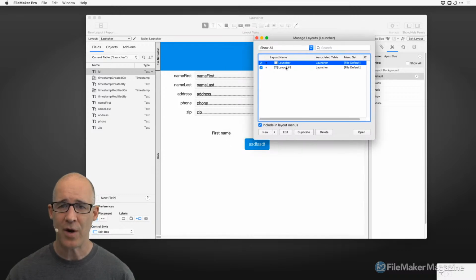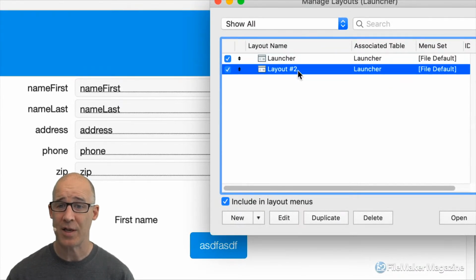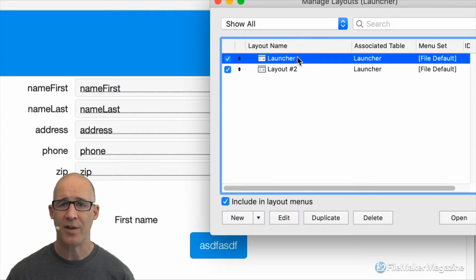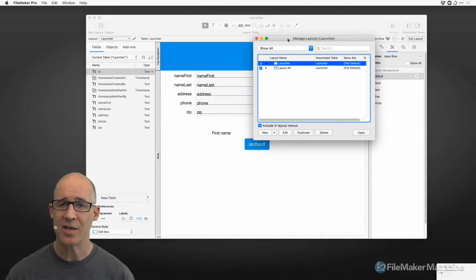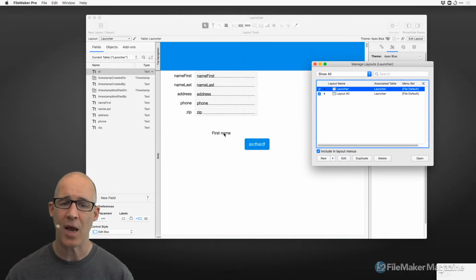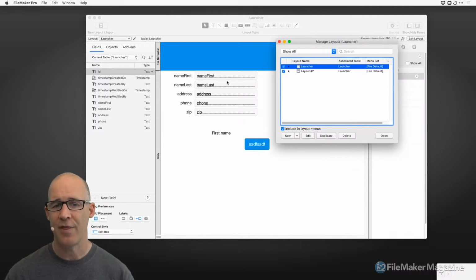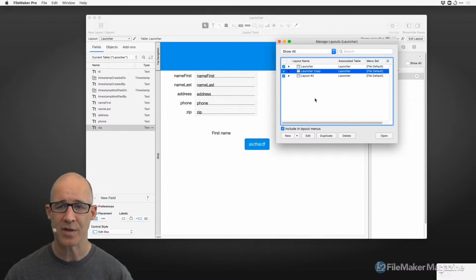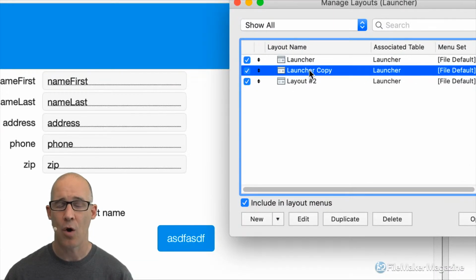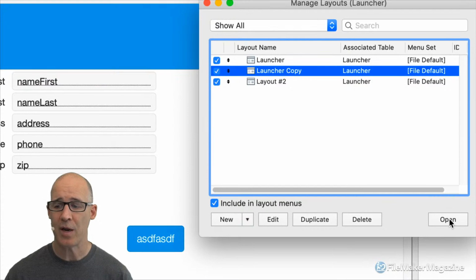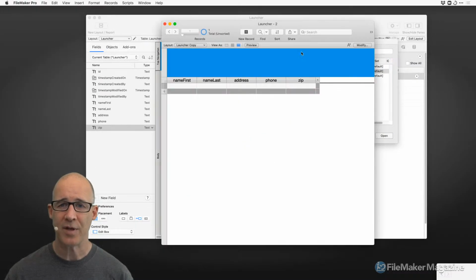So I have this layout right now, and I can select any one of these layouts to duplicate them. But this current layout that I'm looking at behind this dialog has a button and a first name. So if this has the fields and everything that I want, I can just duplicate this layout, and then I can open this layout by clicking the open button right here. Now, what's nice about this is,